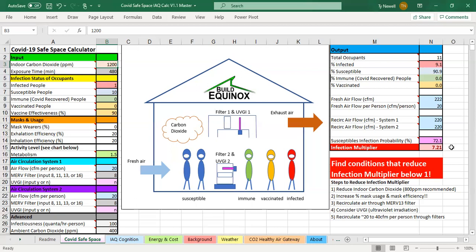The infection multiplier is the ratio of the number of people that infectious person is likely to infect during that time period. When that is below 1, that infectious person is no longer able to sustain the transmission of that disease. When it's above 1, here when it's 7,